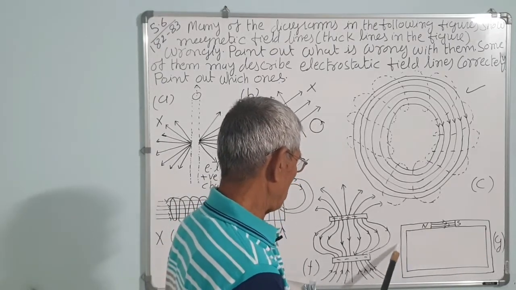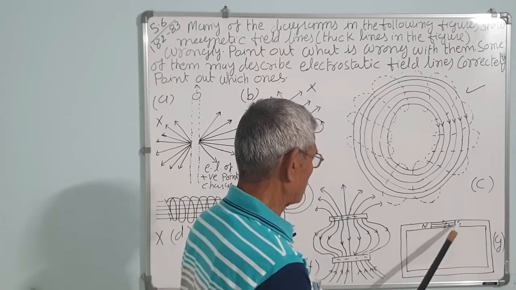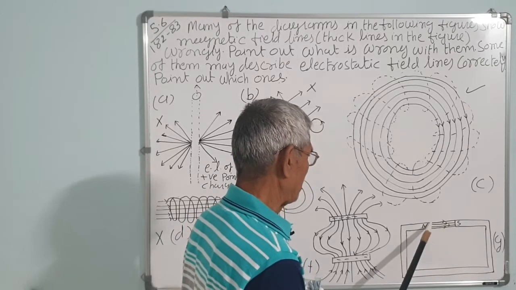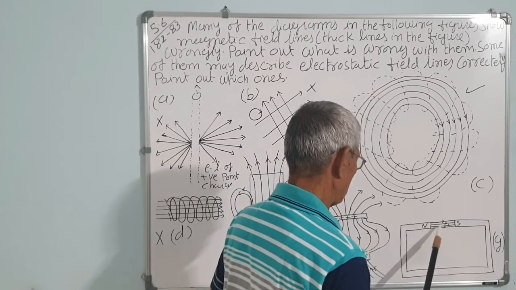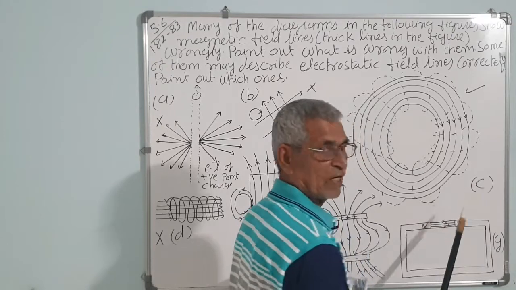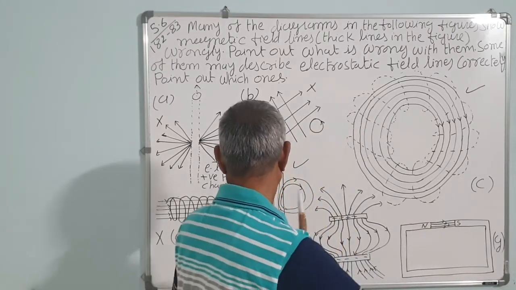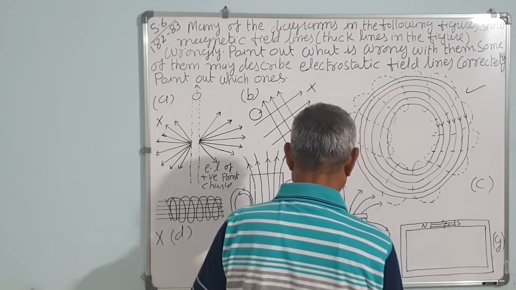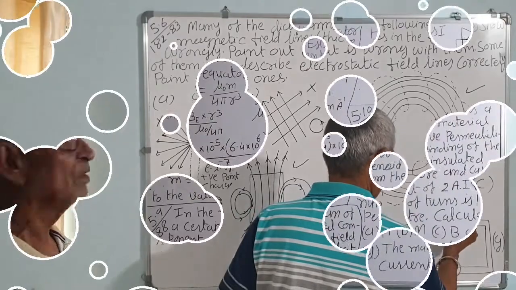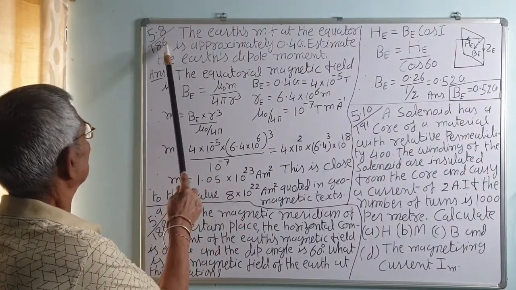This is just like the electromagnet of U shape. These are the two poles, magnetic lines of force. They form the fringes in the middle. It is not like that. They are like this. They are not parallel. So this is also a wrong one. So this is correct. This is wrong. This is the lines of force of an electrostatic field.